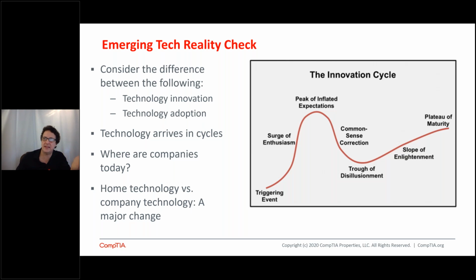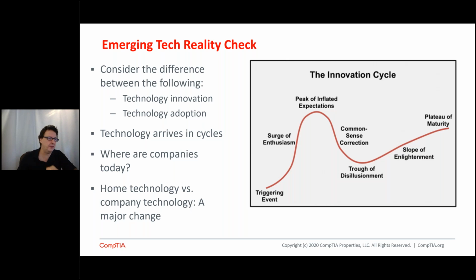There's an innovation cycle that Gartner has been talking about for years. It basically talks about how there's some sort of triggering event, and a quick boost of enthusiasm. Hey, it's going to change the world. It's going to cure the common cold or whatever. So then it becomes completely inflated. It's going to do everything. And then there's a correction, and people become disillusioned, like, oh, that's also yesterday, or it really doesn't do what it thought it did.